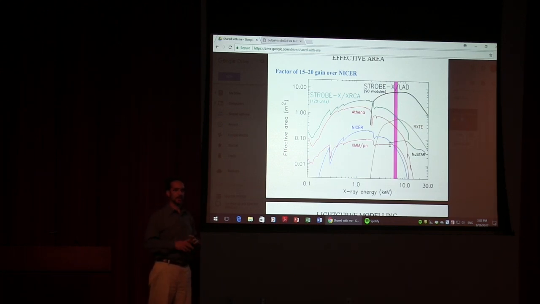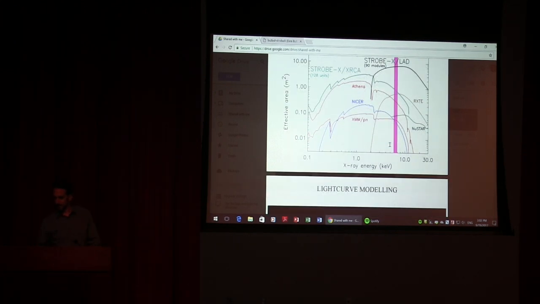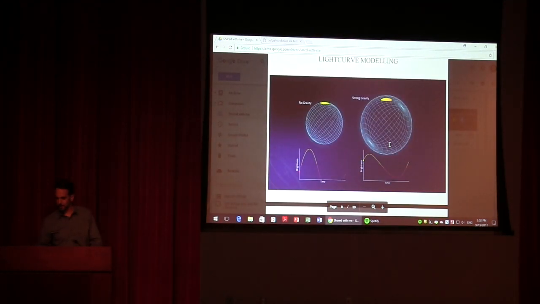So there are some impacts related to net time and pileup relative to NICER that we still have to consider for the XRCA on STROBE-X. But there's a pretty good balance there in terms of the number of objects and the total